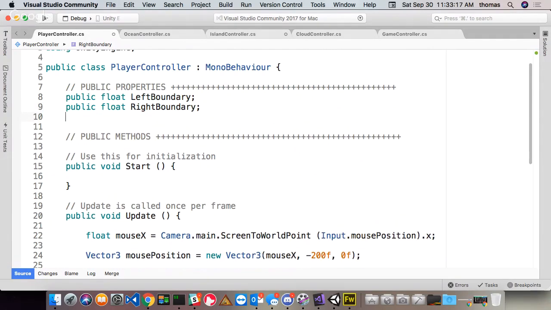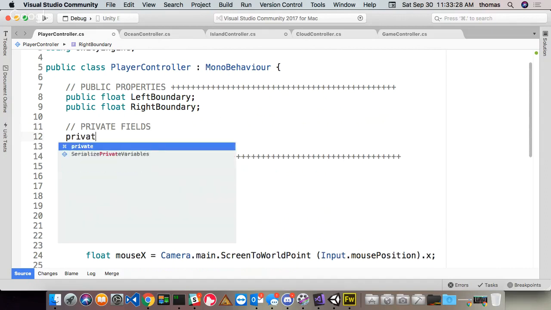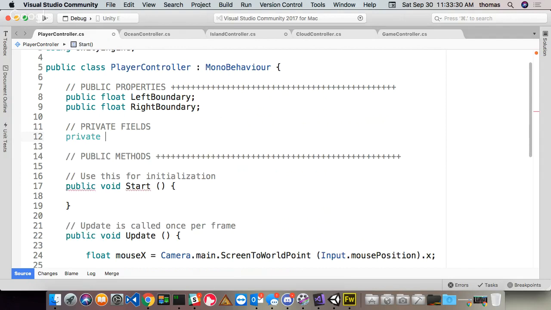We'll call them private fields. Doesn't matter where you put them. We'll organize our stuff later on when we do another project. So here are my private fields. And inside there, I want to make a private floating point height field. Here's my height. And instead of doing all this crazy work,